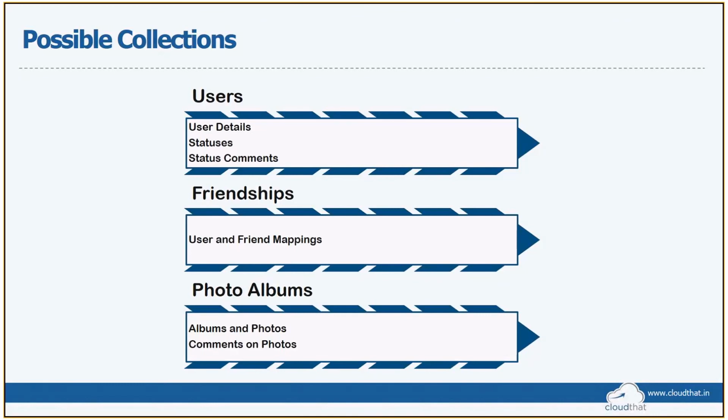Similarly, for photo albums, my query could be separate, where I have the ID of the user, the owner of the albums, and of course I can also store comments along with that. Again, here also I can have the top 3 comments and put the remaining comments into a comments archive, where I have the multiple other comments of that particular album. So these could be the possible collections.